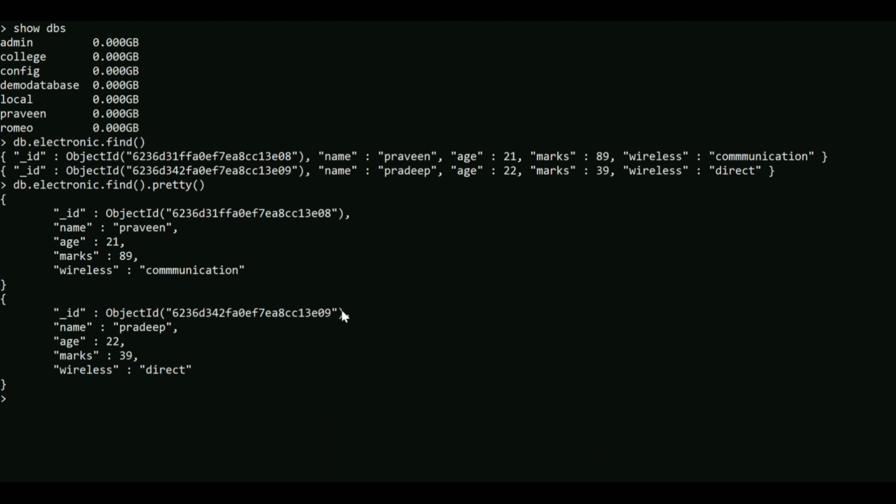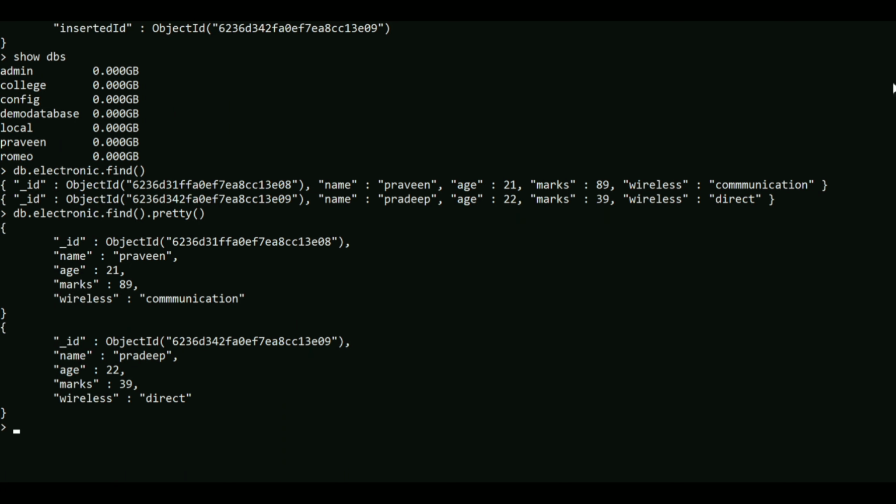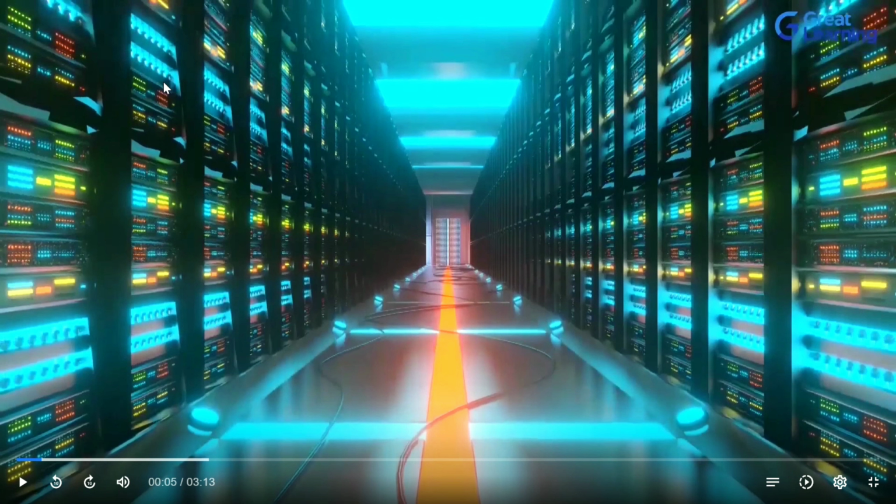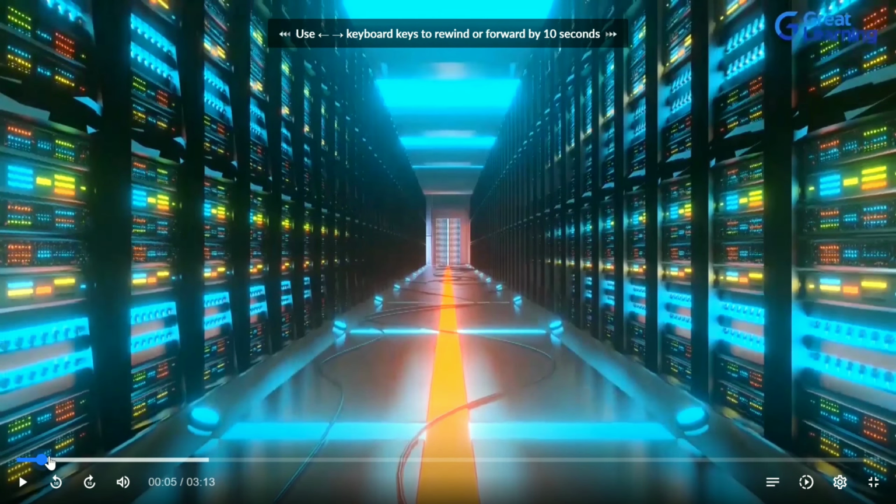If you want an introduction to MongoDB, I will definitely upload one more video, but here you just need to understand what I'm saying. The ID, name Praveen and many more things came in unstructured form, not structured, so don't worry about that, just focus.